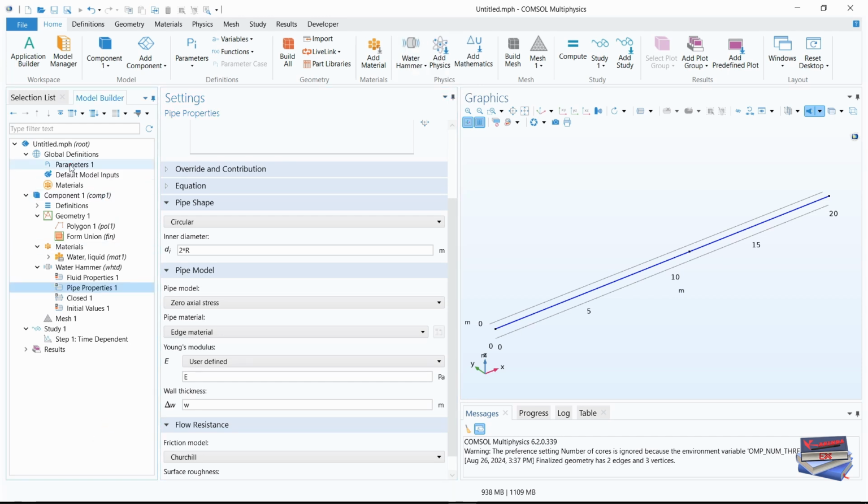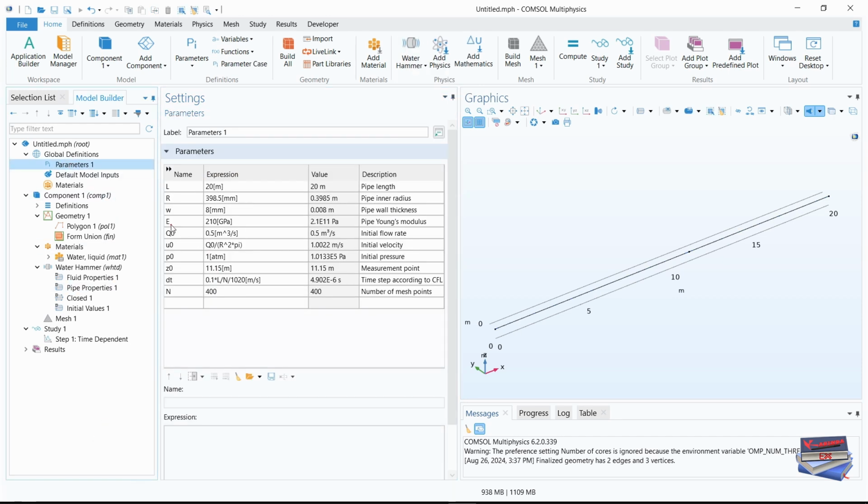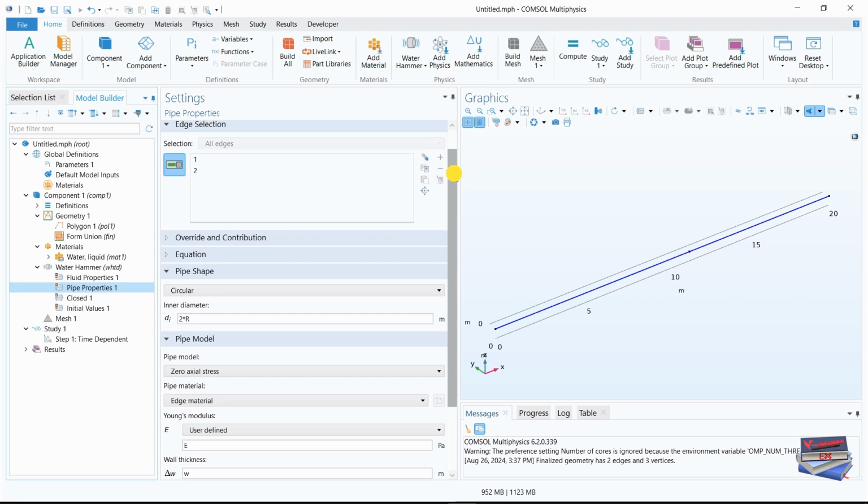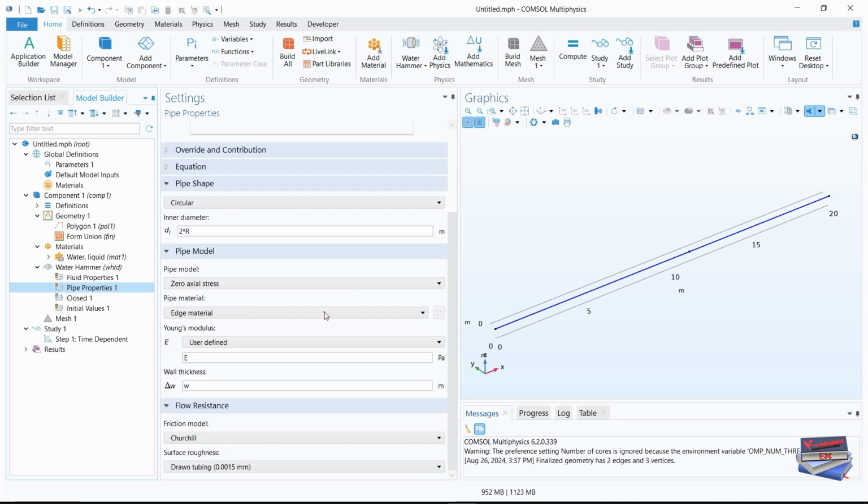Okay, now we get back to our parameters. So here we have E, which is our pipe's Young modulus. We have w, that's our pipe wall thickness. And prior to that, we entered our c0, that was our measurement point. So let's now get back to pipe properties and double check everything here. That looks okay,